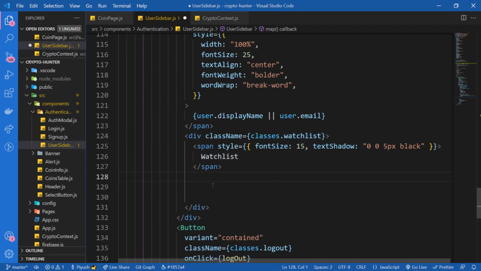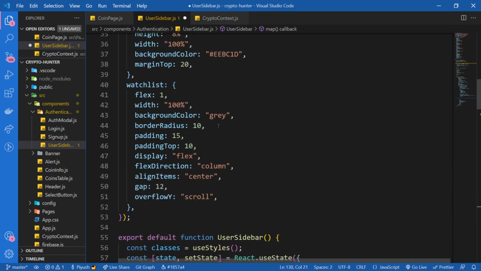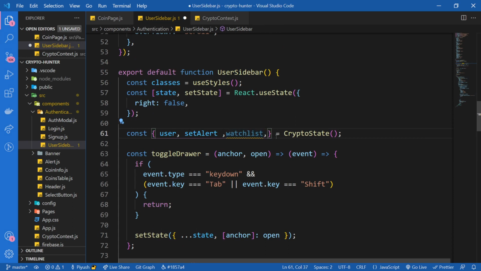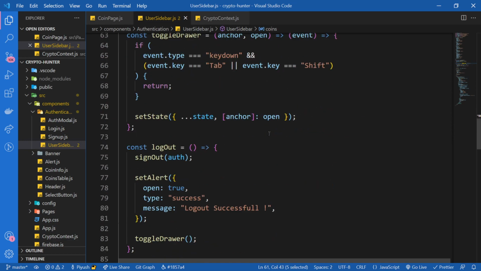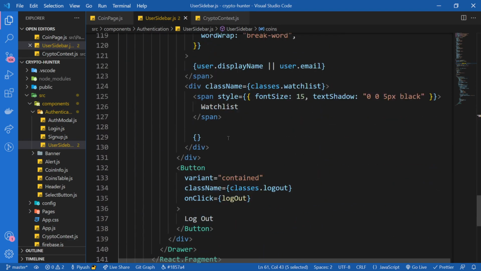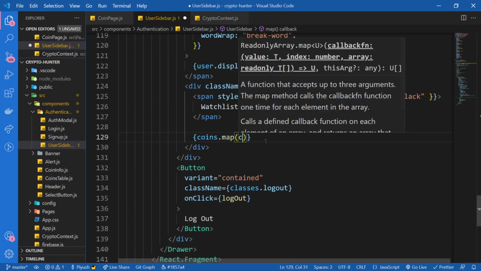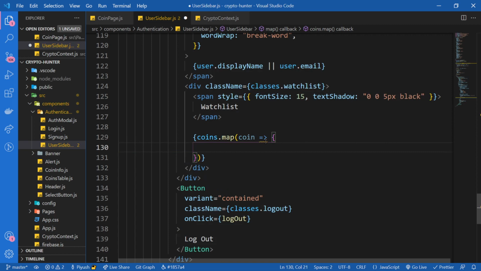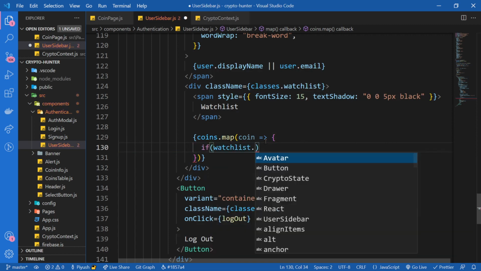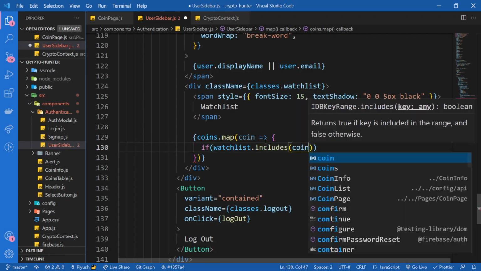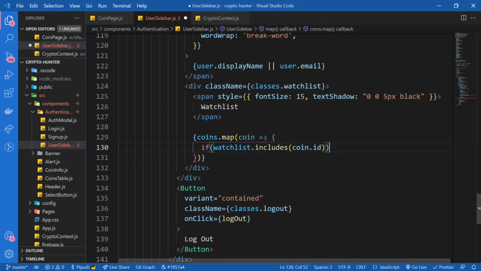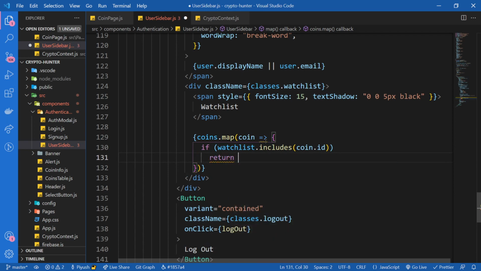So what I'm going to do over here is take our coins state, which we already had in our context, and filter it with respect to that. So coins.map, and we're going to take a single coin, and inside of it we check if watch list includes this coin. If watchList.includes(coin.id), if it includes this ID, then we're going to return this thing,